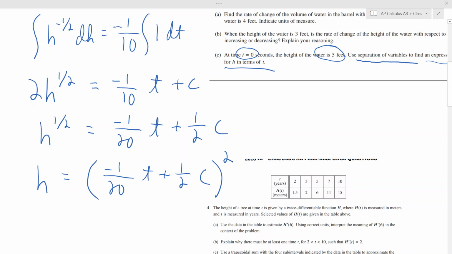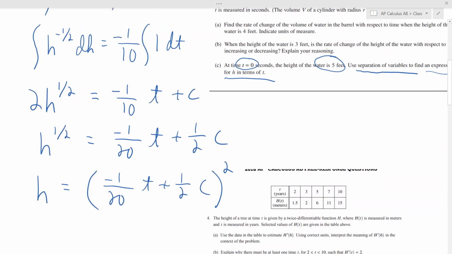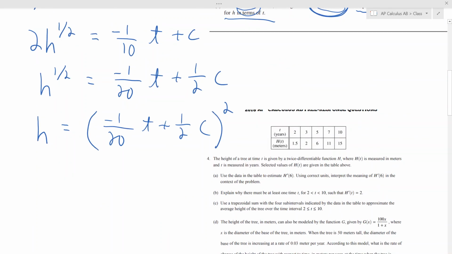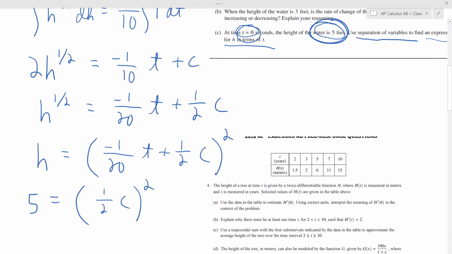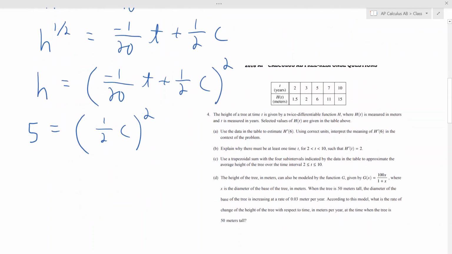Okay, the problem is they told us that at time 0, so we're done. We just got to find out what c is basically. The water should be 5 feet deep, which means when you put 0 in for time, you have to get 5 back for a height. Well, when you put 0 in for time, this boils all the way down to 1/2 c squared, right? So we take the square root and we multiply it by 2. So c